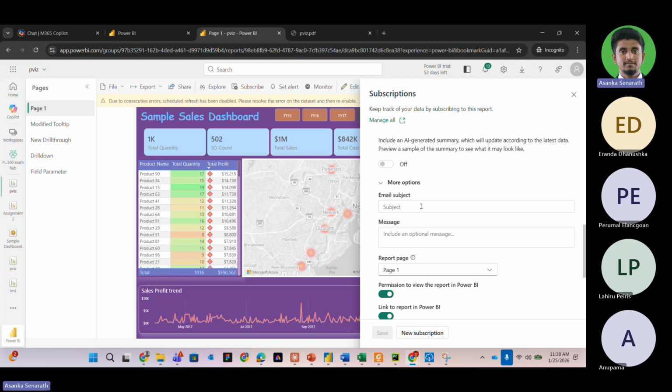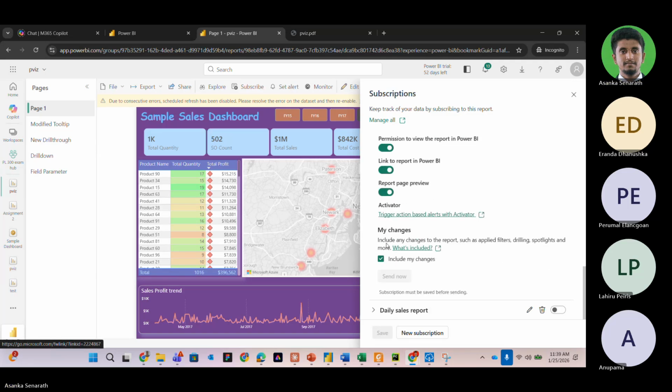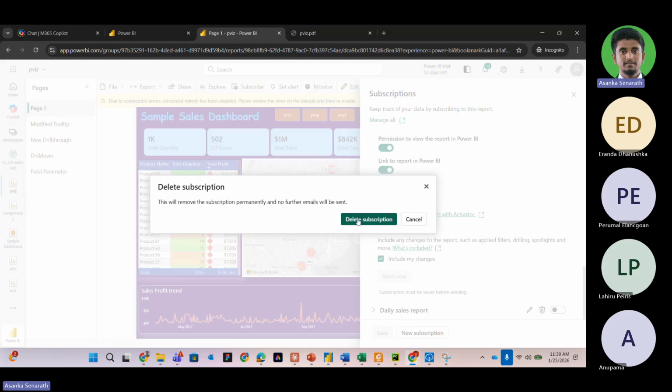Here you can put the email subject as well. You can put whatever page you want to show. You just delete the old one.